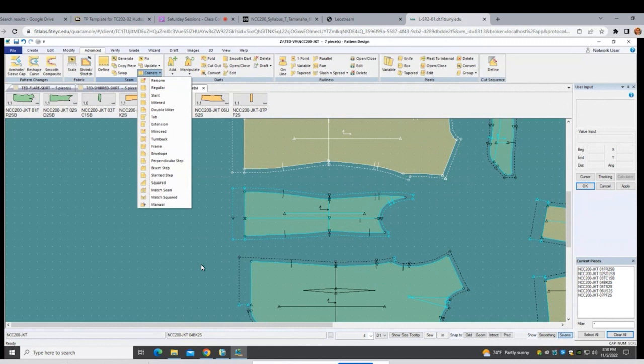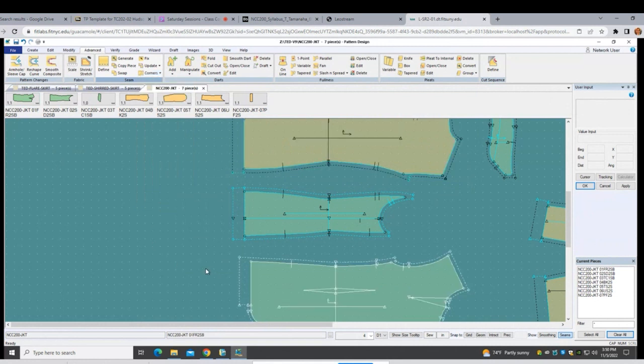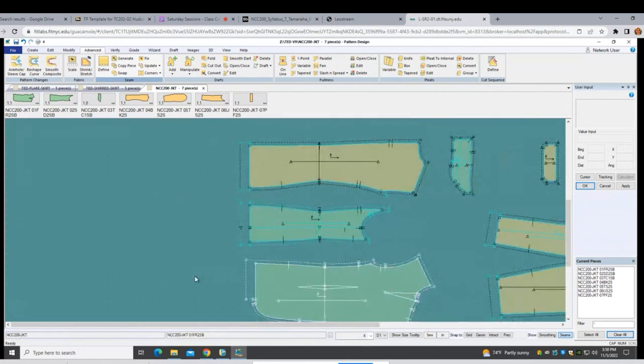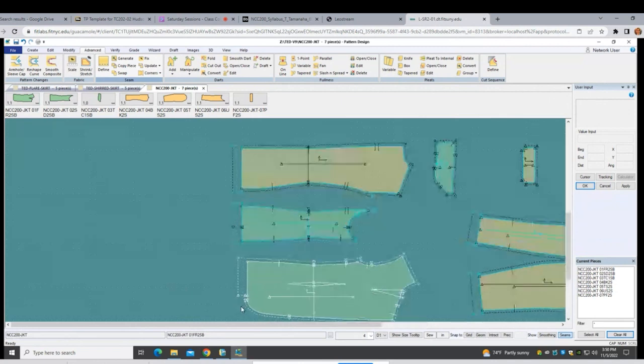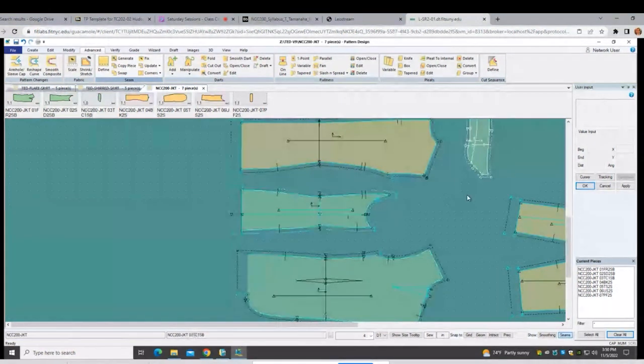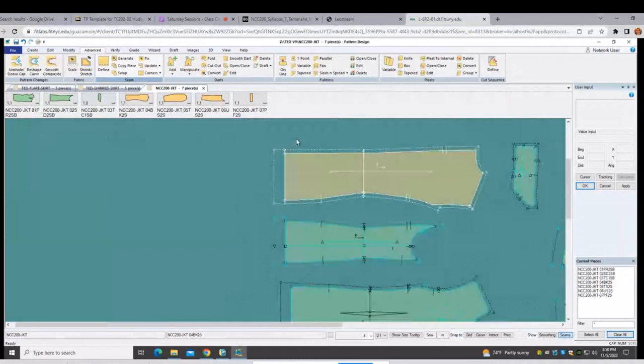I'll move on to the next. We will explore more options here. So far we did square corner, turn back, and perpendicular step corner. This one here. So next, I want to do